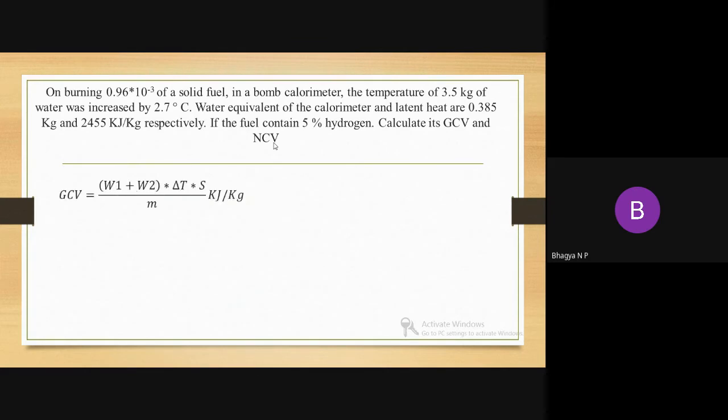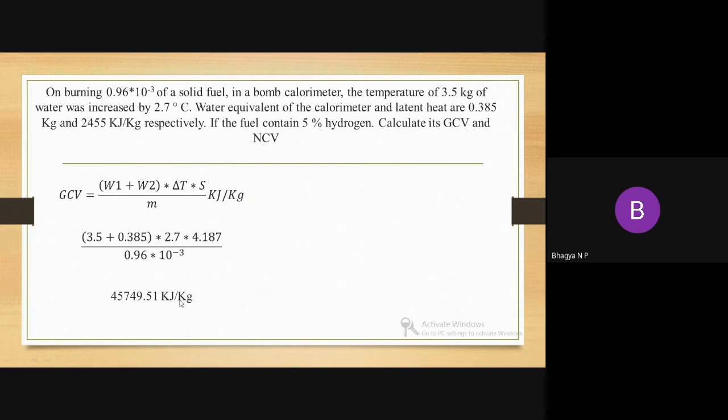Then what is the equation? This is the equation for GCV. Then how to calculate? We just have to substitute all the values in the given equation. All the values are directly given. There is no need of any unit conversion. So on calculation, we are going to get GCV as